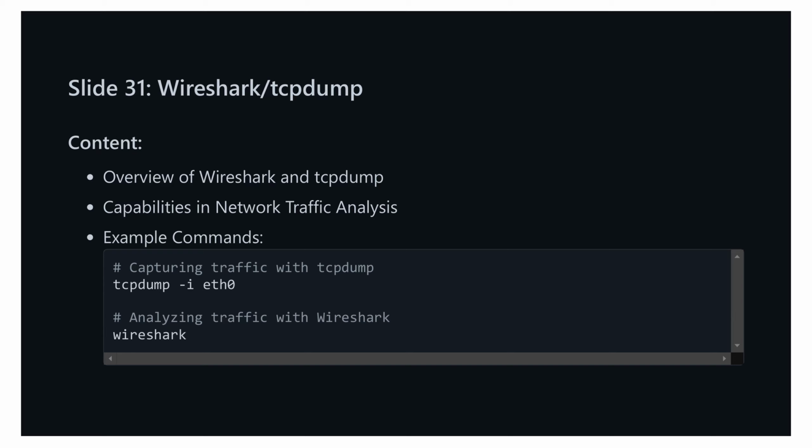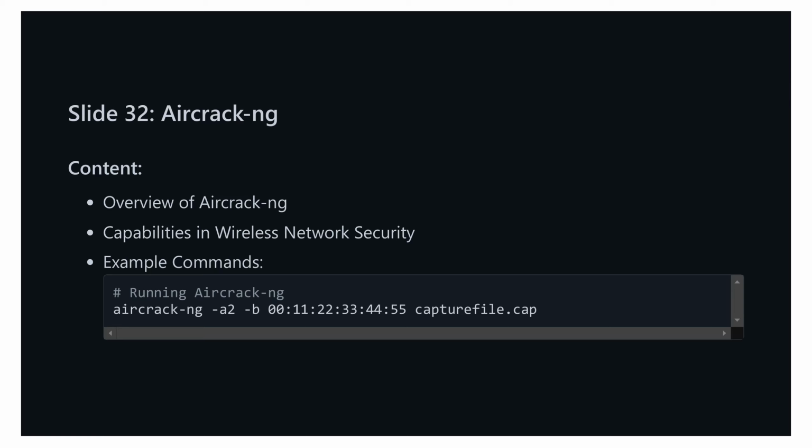In the next slide, we will delve into AirCrack-NG, a suite of tools for assessing wireless network security. Similar to our approach here, we'll overview its capabilities and provide example commands for practical use. Let's move forward. In our previous slide, we explored tools like Wireshark and TCP dump, which are incredibly useful for